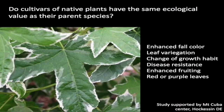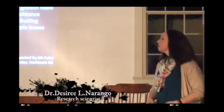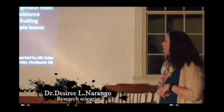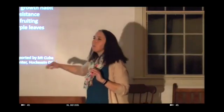And so we looked at 6 different traits that are selected for in horticulture. We looked at enhanced fall color, so it's more red in the fall. Leaf variegation, like this sweet gum. Change of growth habit, so if it's a dwarf versus a tall tree. Enhanced fruiting, like blueberries. And also red or purple leaves. So for example, for this variegated sweet gum, we compared the straight sweet gum to a